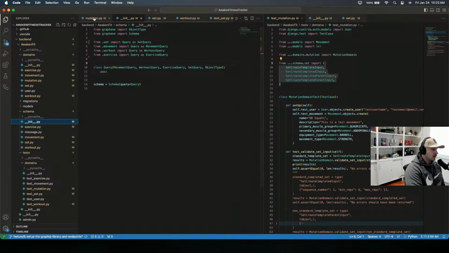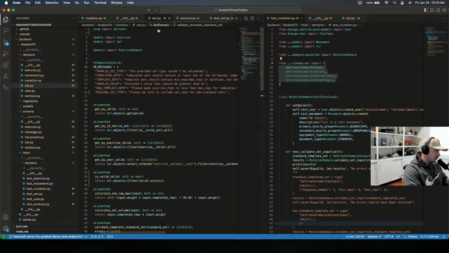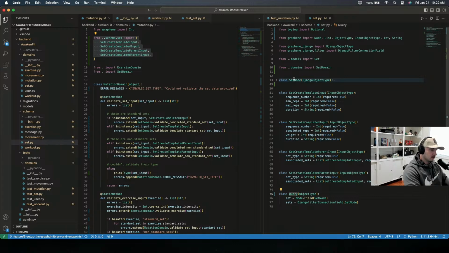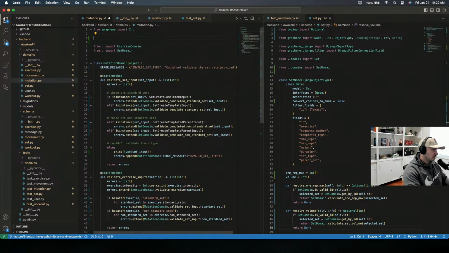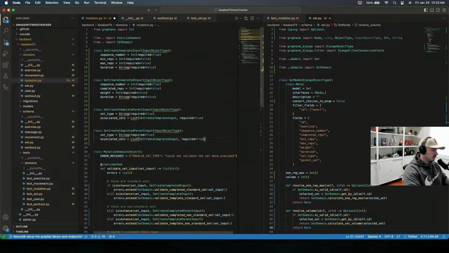Because I'm going directly here, I wonder if I just define these in here to clean it up. That would make sense too. I don't know if I like having that, but then it maintains at least all the set inputs in one spot. We can try it, see what happens. I don't know if I like that, but we'll see. Do this, and then we need to